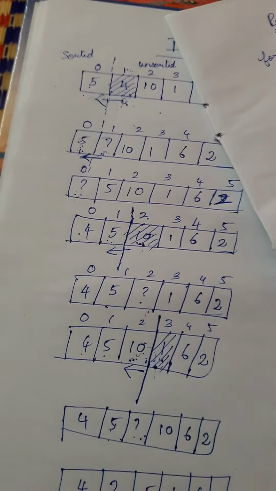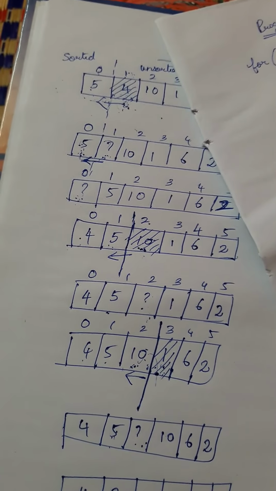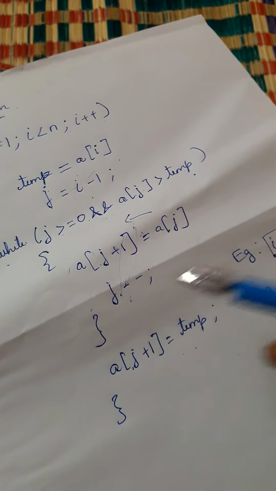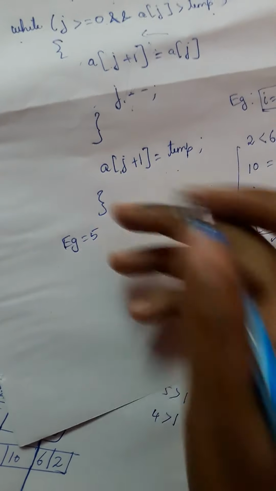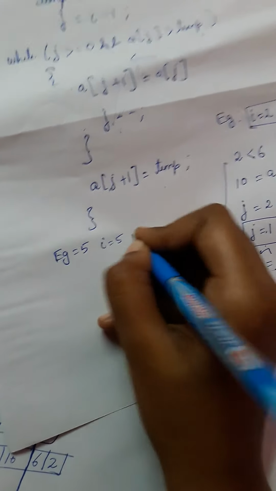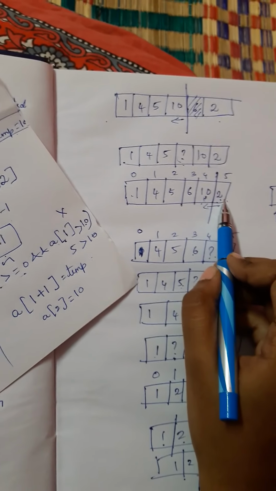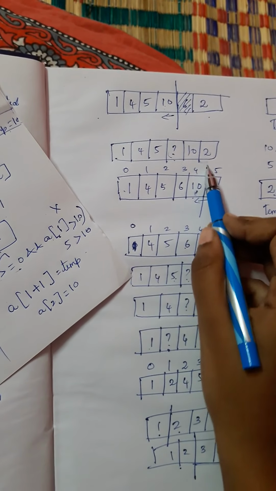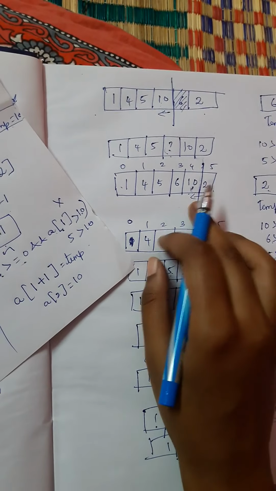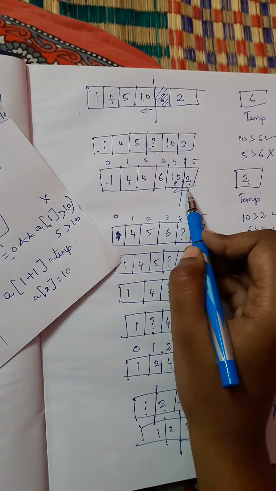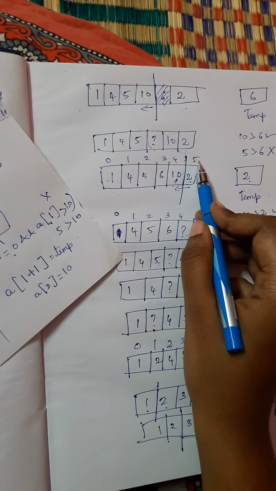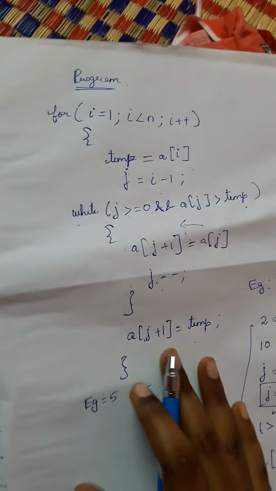Okay, so till this I have completed one example. Next, again inside the while loop we will enter. Like that, one example we will see. So the next example I will take as i is equal to 5. I is equal to 5 means what? See here, this is the array I have taken. These are all sorted. We have already seen this example, so you know this point. These are sorted, this is unsorted. So I am taking i is equal to 5. Then we will see the program.